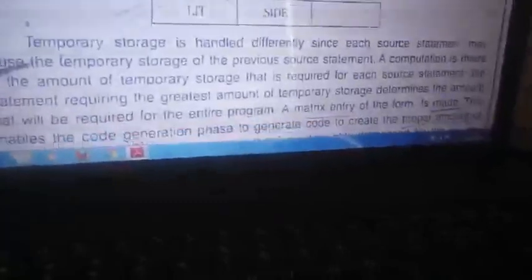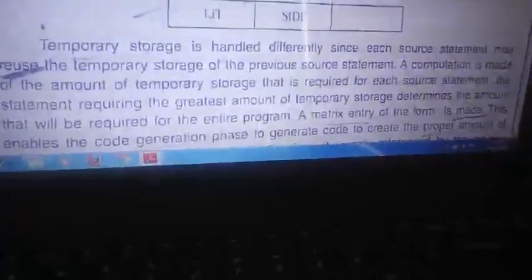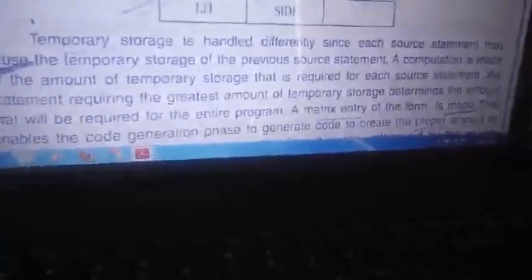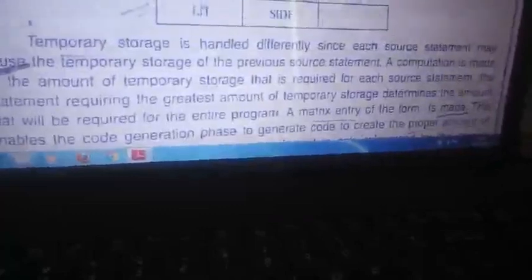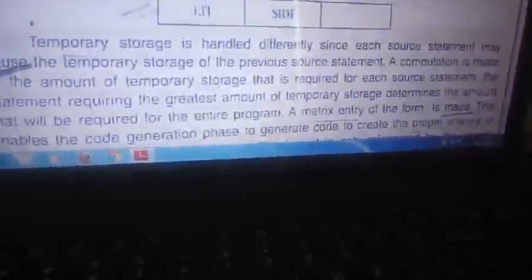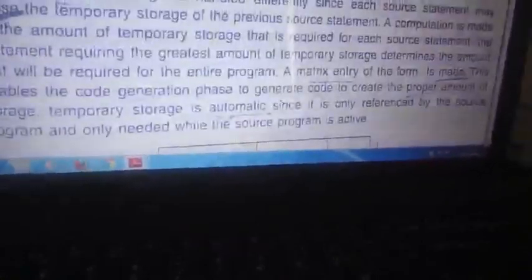So in the literal table, how will it work? It will scan the literals and assign them, because literals are constants, so it assigns the constant value. Temporary, how are the temporary tables handled? Temporary tables are stored, and that memory is reused again and again. Whenever temporary elements are stored, after using them they are deleted, because after that the temporary variables are not used, right? So again that memory is utilized for the next temporary variable. So this is how the temporary storage is handled.